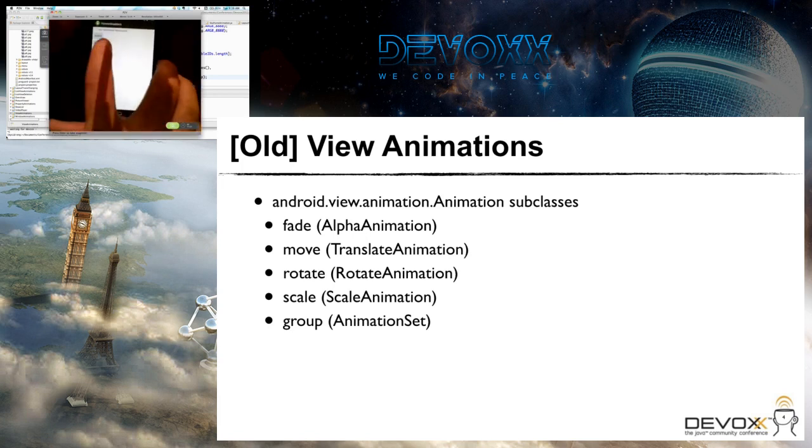So we have alpha animation, we have translate, which is for moving things on the screen. Look at that, it's even animating there. We have things that can rotate buttons because everybody needs rotating buttons. We can scale things. And then we have animation set, which is for grouping things, so that sort of runs all the animations together. The checkbox at the top, so we'll see a little bit of code and see what's